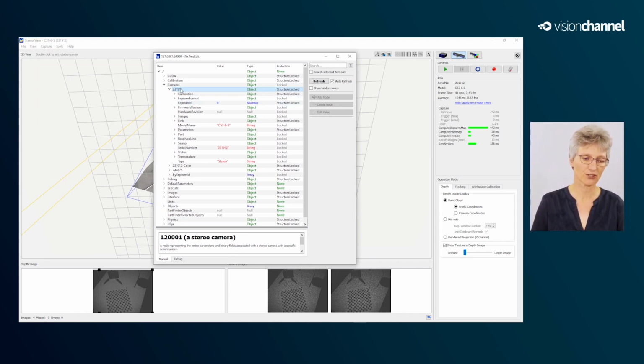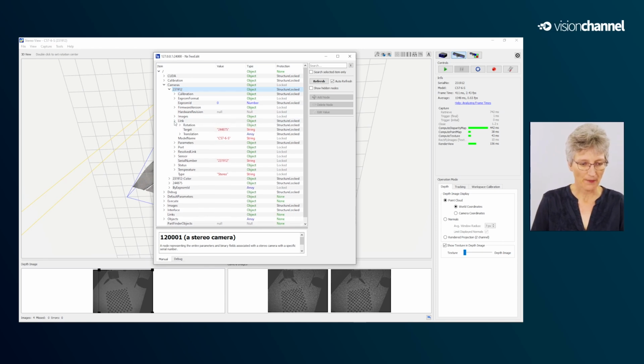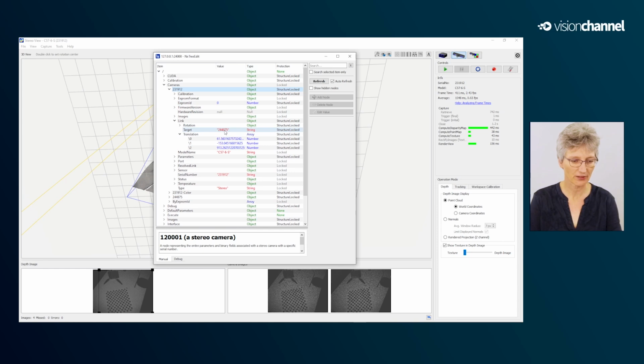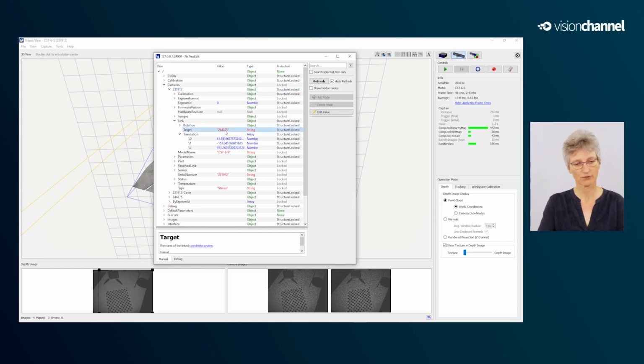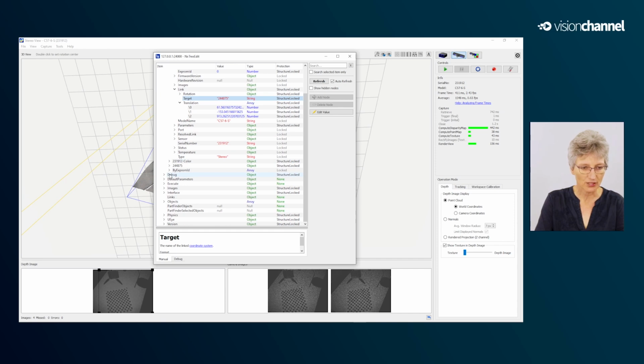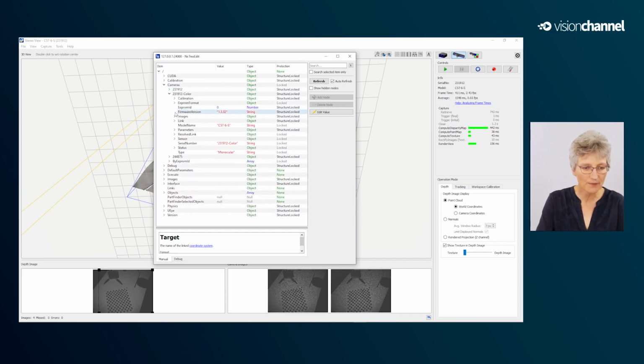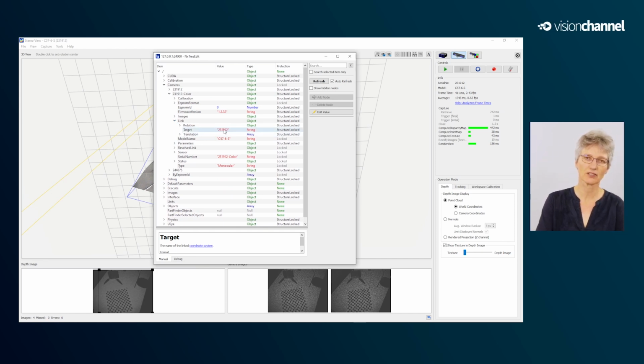This is the Ensenso C. We have here the link node, and you see here that the camera is linked to the serial number of the Ensenso B. And if we scroll down, this is the color camera. Here you see the link that I showed you in the beginning in the camera list. Color camera is linked to the stereo camera.